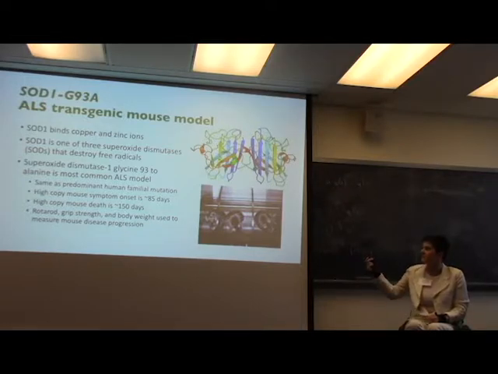And then what we use to measure the function of these mice or the disease progression is something called a rotarod, which is a spinning rod, and we time how long they can stay on a rod that's moving at a certain speed, okay? We also can track their body weight because as they have problems swallowing, they, like humans, also lose weight. And then other things are like grip strength, like how well their front paw can grip something. So different functional measures. And then, of course, there's all sorts of biochemical markers that are done.